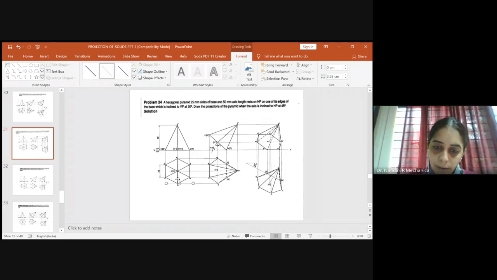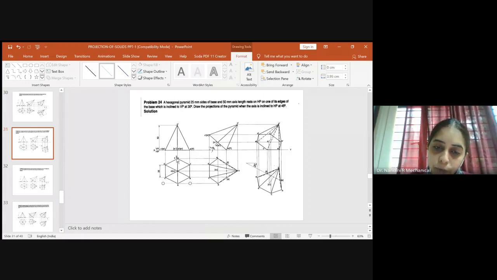So totally, this entire is 180. So this angle will be our 120. So if you come to our right angle triangle here, so this will be 60. Okay. So first what you do is you will just draw a line, take 45-degree here and 45-degree here, and then you measure what is the distance exactly. It is given as 25 mm. So using the compass, keep one end of the compass here and just cut an arc for 25 mm. And similarly here, cut an arc for 25 mm. So we got the two sides. So after here, you will just project it straight vertically.